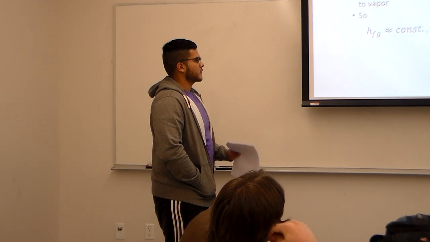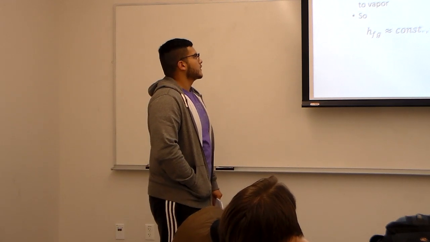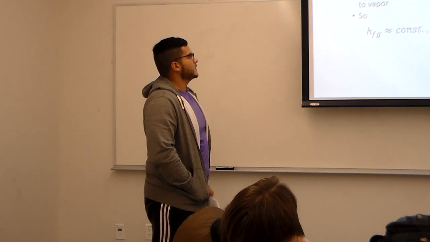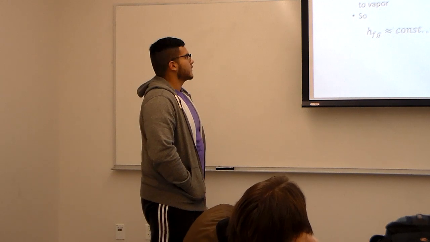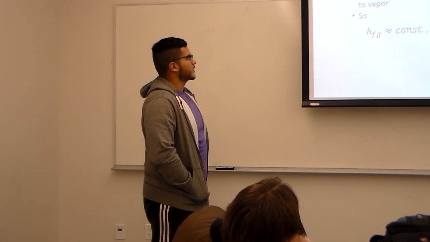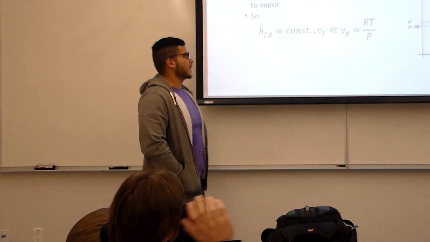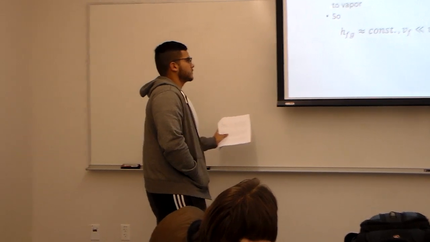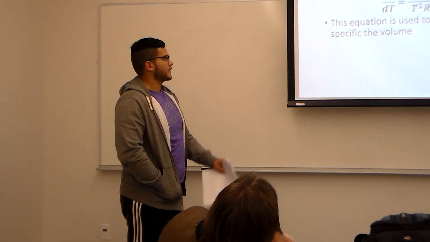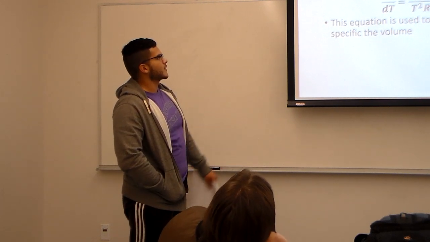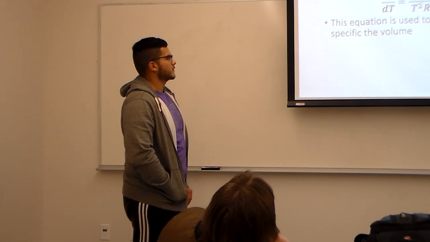So we're also going to apply the ideal gas law. We're going to assume variation in heat of evaporation is neglected. The vapor phase is assumed to be an ideal gas. The specific volume of a liquid is small compared to the vapor. So this is what we're going to assume, and we're going to add it into the equation that I showed before. And making those approximations, the equation becomes this, which is what would be used to approximate